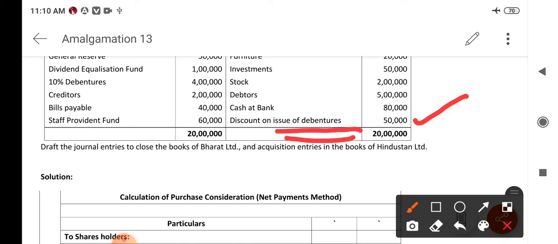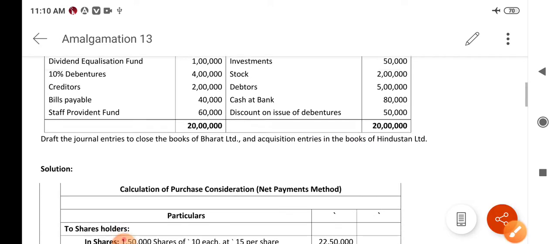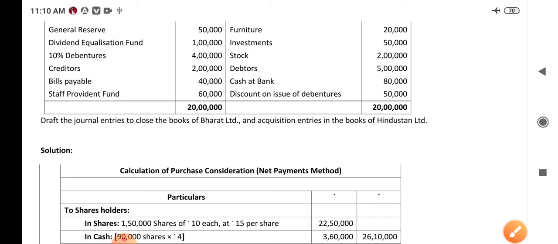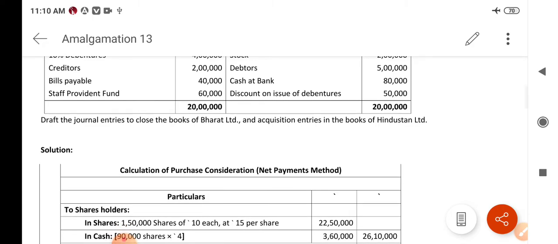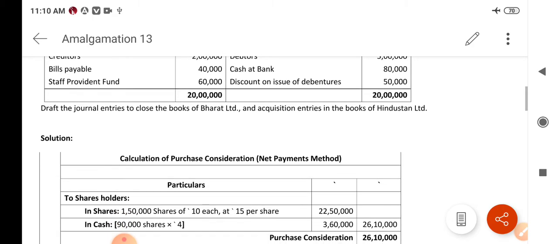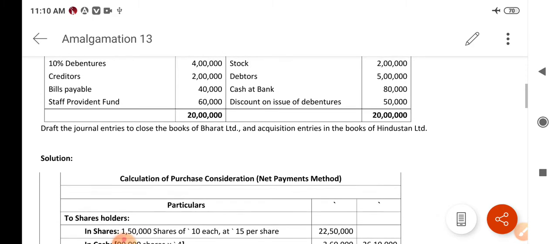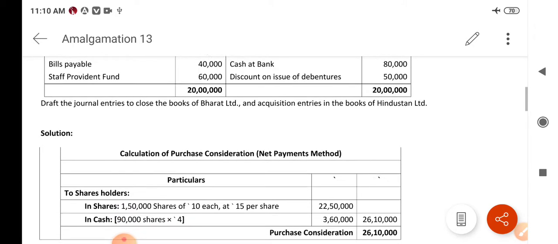ಇದನ್ನು ಏನು ಮಾಡ್ತೇವೆ, so this particular fictitious assets will be written off by transferring it to shareholders. ಪ್ರಾಫಿಟ್ ಆ್ಯಂಡ್ ಲಾಸ್ ಅಕೌಂಟ್ ಡೆಬಿಟ್ ಬ್ಯಾಲೆನ್ಸ್ ಬಂದರೆ ಹೇಗೆ ಟ್ರಾನ್ಸ್ಫರ್ ಮಾಡ್ತೀರಾ ಶೇರ್ ಹೋಲ್ಡರ್ಸ್ಗೆ ಅಕೌಂಟಿಗೆ, ಅದೇ ರೀತಿ ಇದನ್ನು ಟ್ರಾನ್ಸ್ಫರ್ ಮಾಡಬೇಕು. ಓಕೆ, ಡ್ರಾಫ್ಟ್ ದ ಜರ್ನಲ್ ಎಂಟ್ರೀಸ್ ಟು ಕ್ಲೋಸ್ ದ ಬುಕ್ಸ್ ಆಫ್ ಭಾರತ್ ಲಿಮಿಟೆಡ್ ಆ್ಯಂಡ್ ಎಕ್ವಿಸಿಷನ್ ಎಂಟ್ರೀಸ್ ಇನ್ ದ ಬುಕ್ಸ್ ಆಫ್ ಹಿಂದೂಸ್ತಾನ್